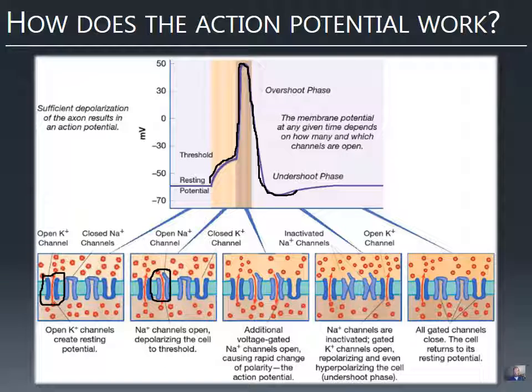And then those molecules that maintain those concentration gradients, pumping sodium out and pushing potassium in, combined with the little bit of potassium that's always leaking out of the neuron, bring the neuron back to its resting potential. So that's the state we have at the end here, with just a small number of potassium channels open and letting a little bit of potassium out. So that's what the action potential is.